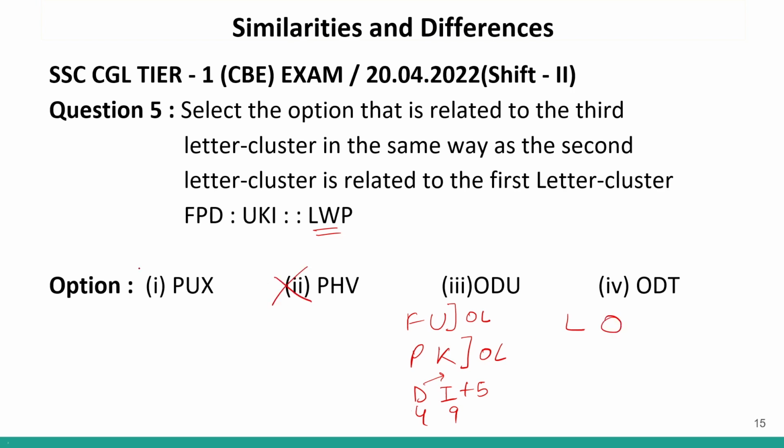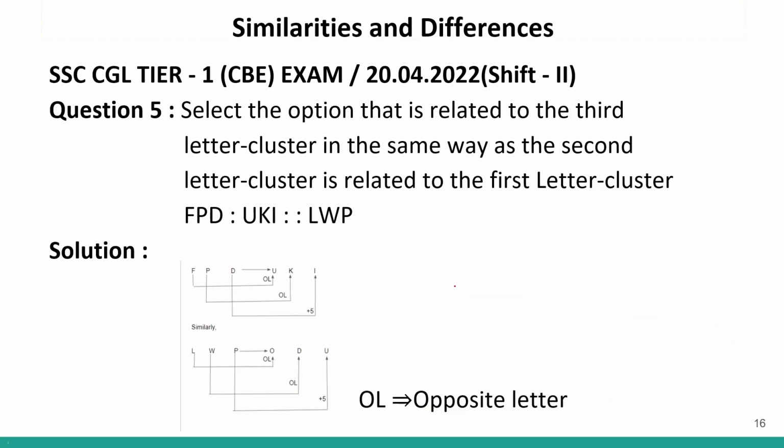Okay, so eliminate option number 1 and 2. Now for W, the opposite letter is D. Okay, this is opposite letter and this is also opposite letter. Now P is ranked at 16. So if I go 5 positions forward, I have to find a letter which is ranked at 21. And at 21 we have U. So my code will be ODU, which is option number 3. So option number 3 will be the correct answer to this question. Okay. Now,